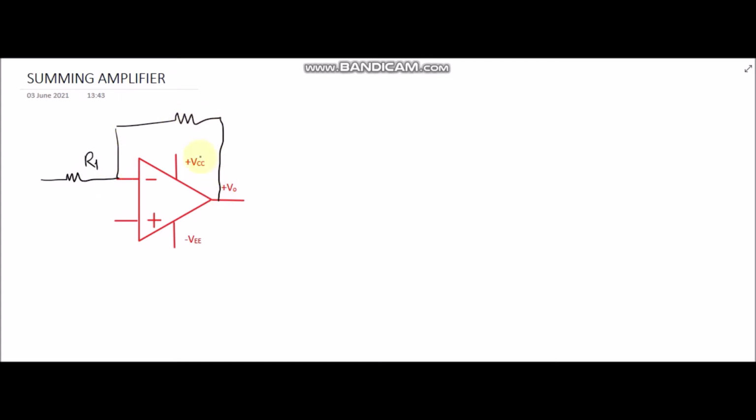Let's perform the experiment on summing amplifier. Before starting this summing amplifier, let us revise our concepts of the inverting amplifier first. As we know, if there is a resistance R1 in the inverting path and one feedback resistor RF, and the input is given at the inverting terminal and the non-inverting terminal is grounded, we get the output voltage